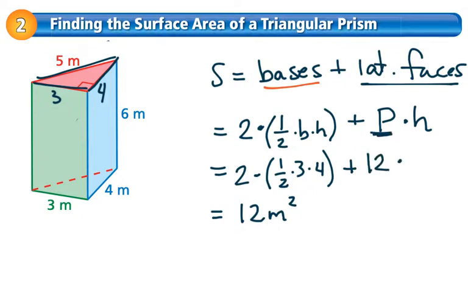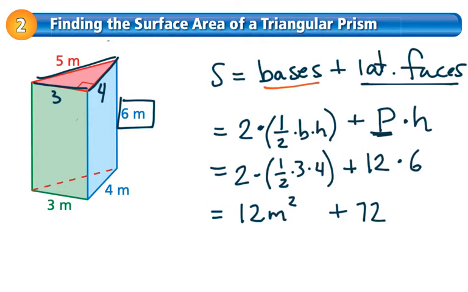And we're going to multiply that by the height of the actual prism. Now, the height of a prism is the distance between the bases. So it's basically the distance that says how far apart are the triangles, and that's 6 meters. And with that one calculation, folks, you can find the surface area of all the lateral faces all at one time. 12 times 6 is actually 72,